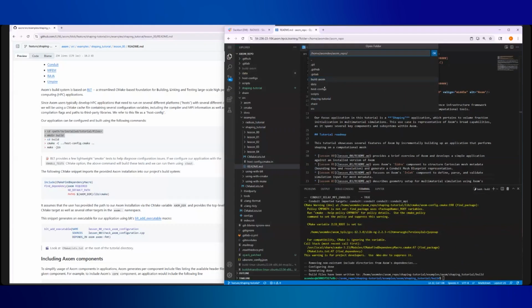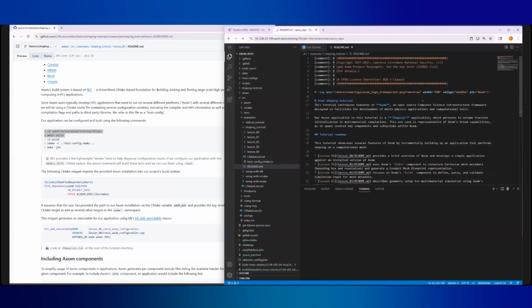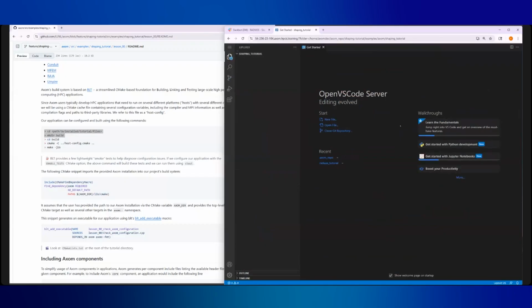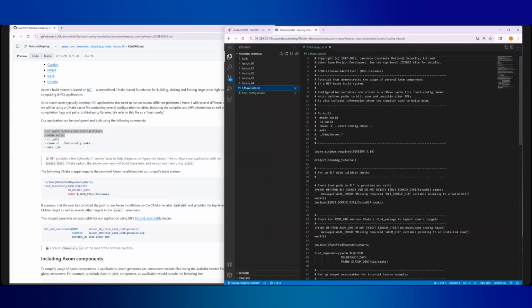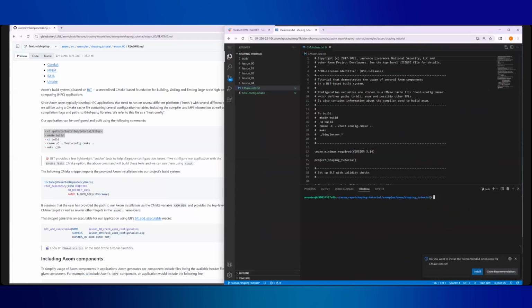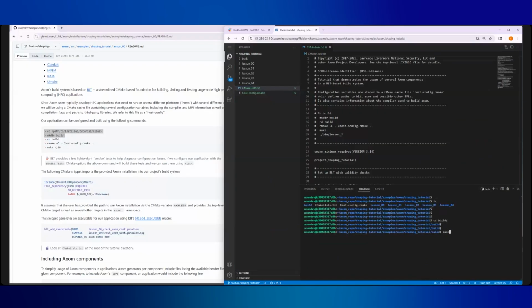So Axom repo, shaping tutorial, samples, Axom, shaping tutorial. Perfect. Okay, so I'm in my tutorial directory. I've configured CMake